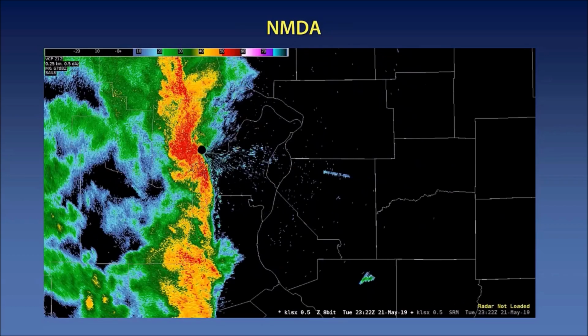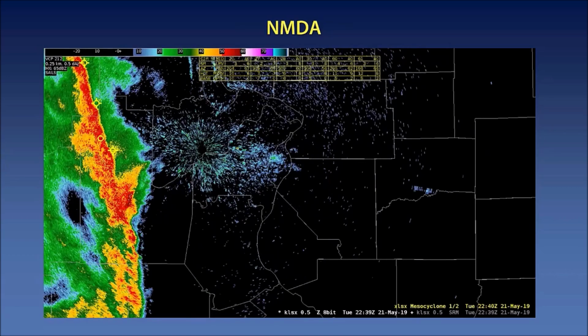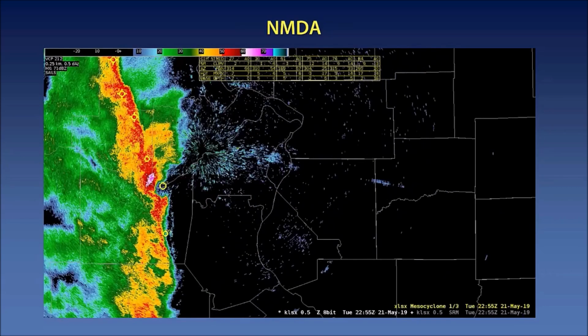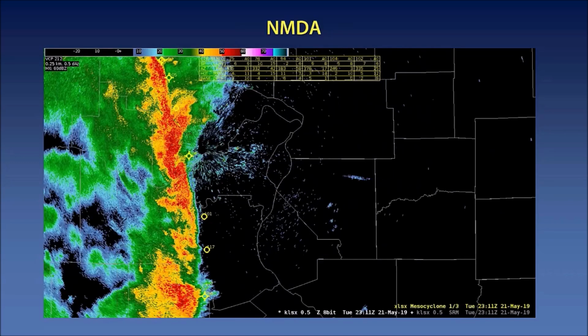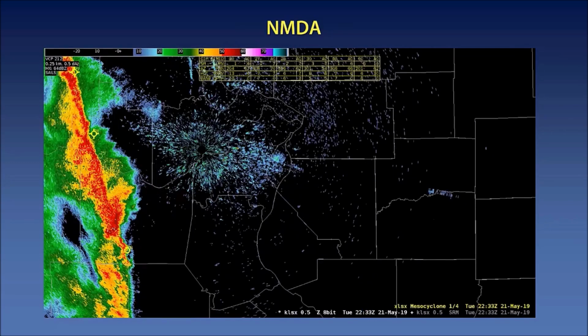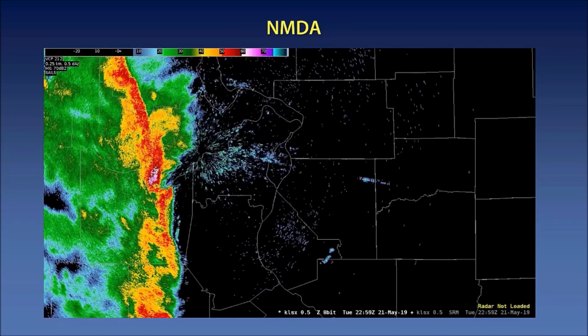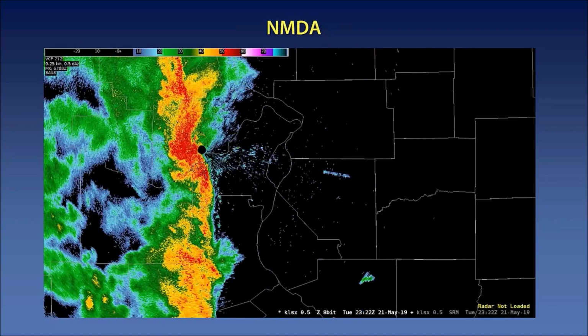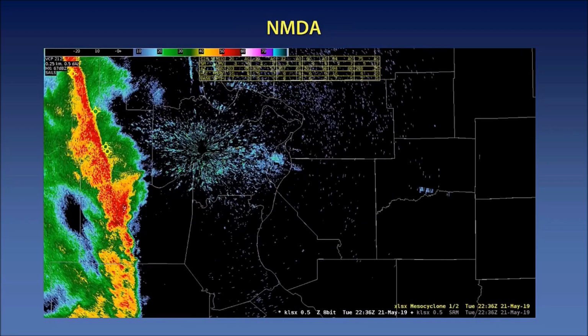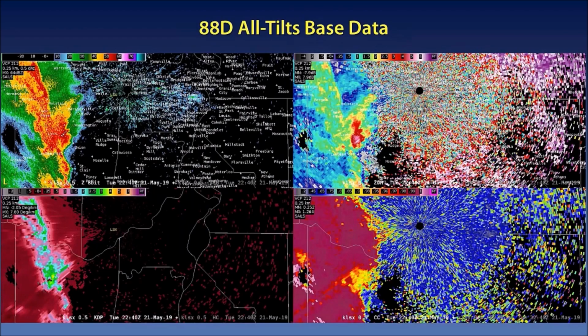But what I really want to focus on here was the embedded supercell that was approaching St. Charles here in the middle of the screen. You can see a very nice inflow notch there. And the mesocyclone detection algorithm, the new one, took a little time before it actually identified that feature. So what we're going to do now is step through about 30 minutes before the new NMDA actually identified